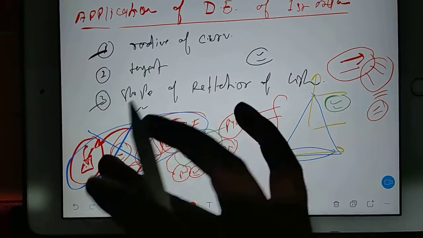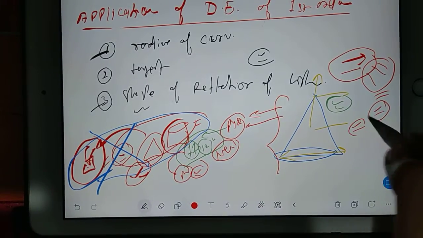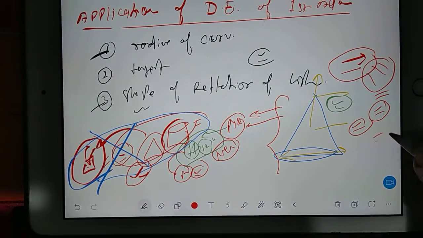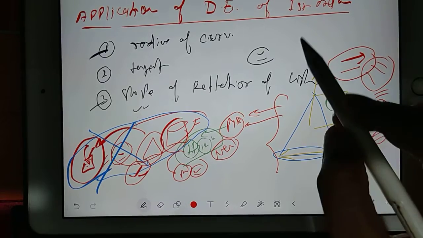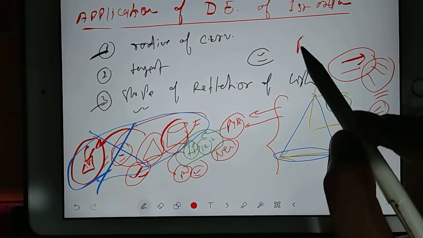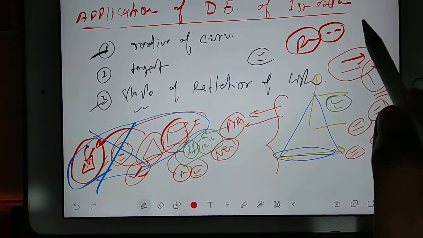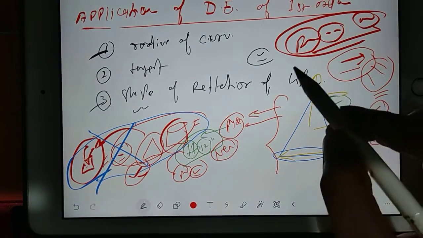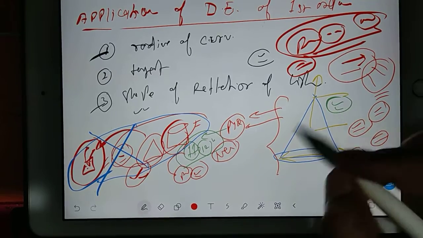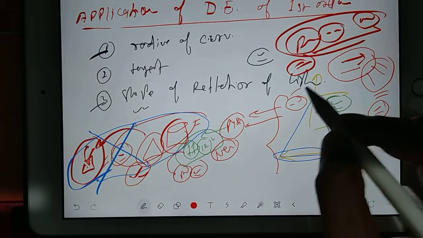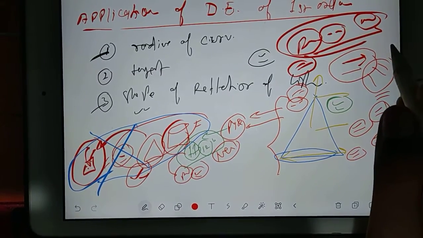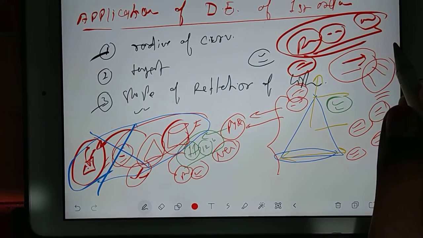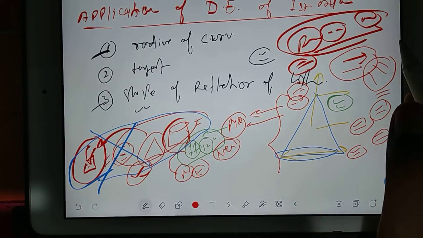For NCERT you can follow any YouTube channel. There are so many people who have solved NCERT problems, right? So you just search like this, application of derivatives NCERT. So many playlists will come, so you can follow any of them. If you solve just 4 to 5 problems, that portion will be enough. Or if you don't have much time, then directly go for the previous year question papers, that is sufficient.